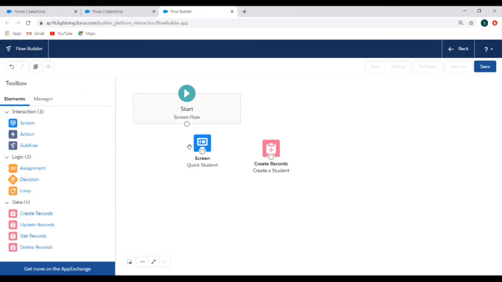Now what we want to do is to create the connectors. So once it starts, what should happen? The first should come the screen. So that's how you can connect it basically. So these are your connectors. And then after that screen comes, the record should get created. So from here we will